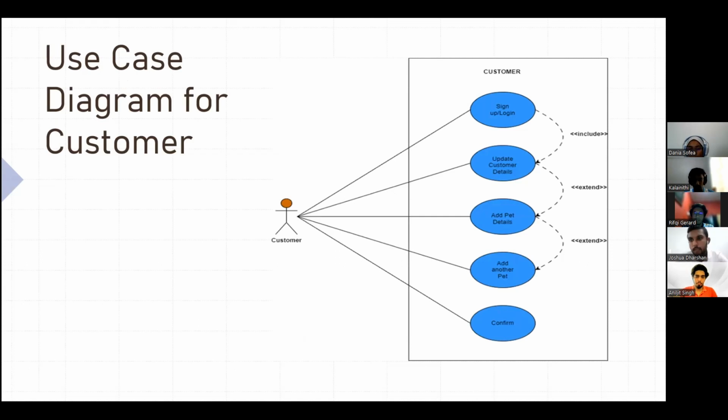All right, hi, my name is K. Nair. I'll be explaining the use case diagram for the customer. The use case diagram for the customer in the pet shop system illustrates the various interactions and functionalities available to the customer within the system. The customer, as the primary actor, can perform several use cases. These include logging into the system to access personalized features, browsing and searching for products or services offered by the pet shop,